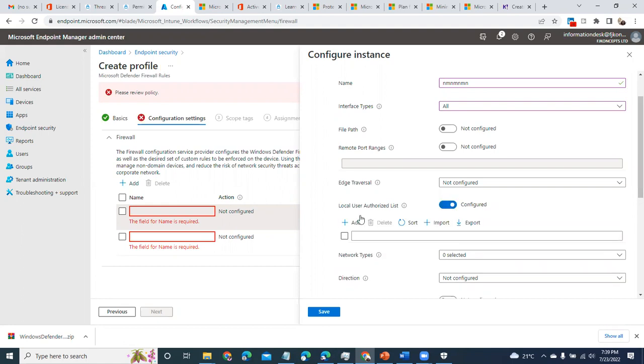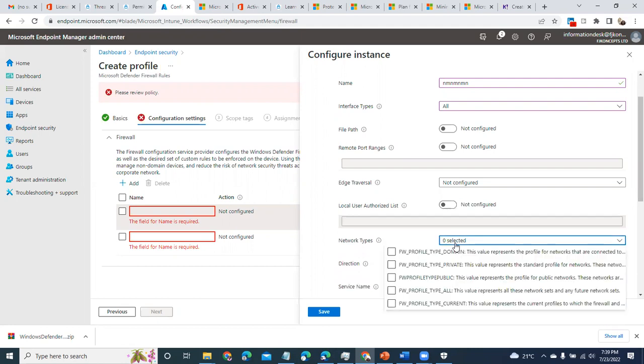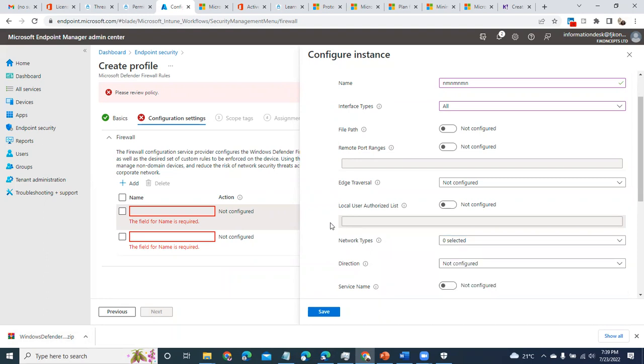Local user authorization is where you can add local users, whether you have this or not. Network type, should it be on? If you go to your firewall, you will see that you have domain, private, public. It's asking, is this for the domain, private, or public network type?